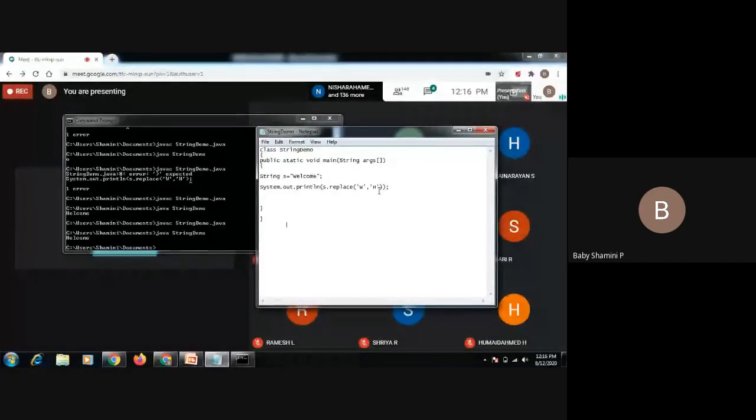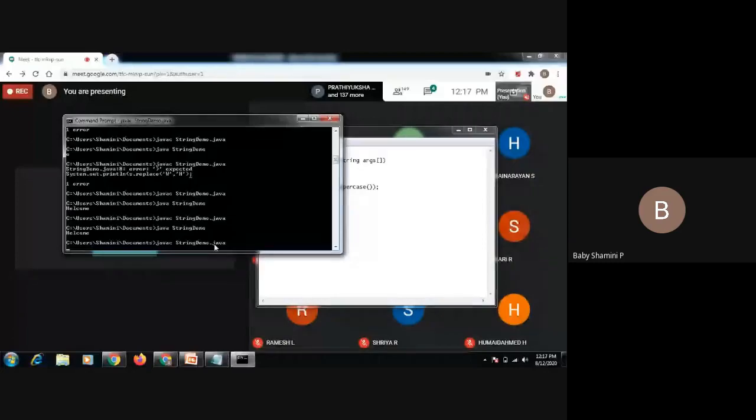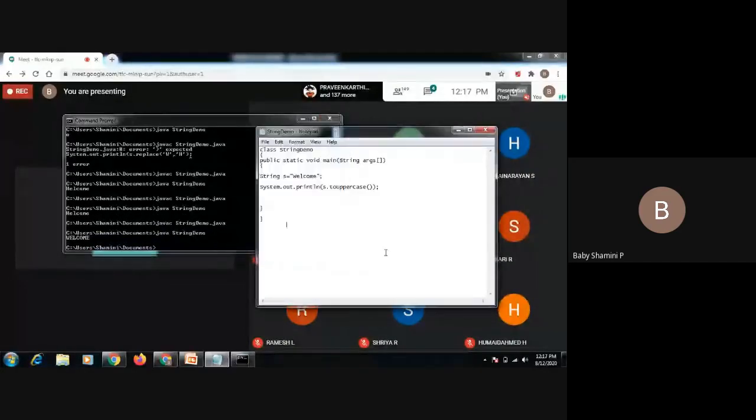So next one is the uppercase and lowercase method. Directly declare the object name, that is S dot toUpperCase, with capital U. It will display all the elements in capital letters.